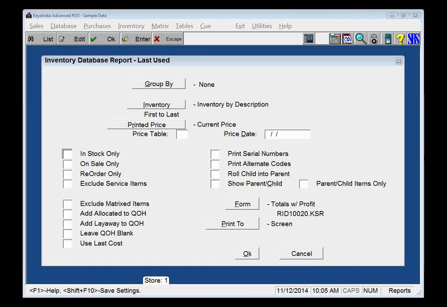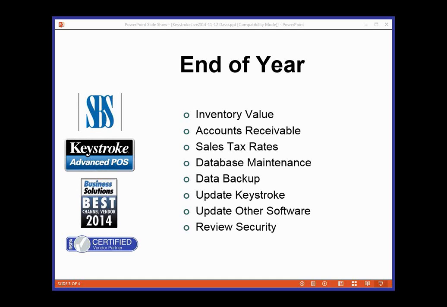If I go back to my PowerPoint slide, there is accounts receivable. Again, you don't have to do anything, but it is a report that is an absolute report as of today, right here, right now. So you would want to run the sales receivables report so you know what your accounts receivable are for the end of the year. And it's also a good time to look at your receivables, and if you've got old outstanding receivables that are never going to get paid, you can decide if you want to write them off,